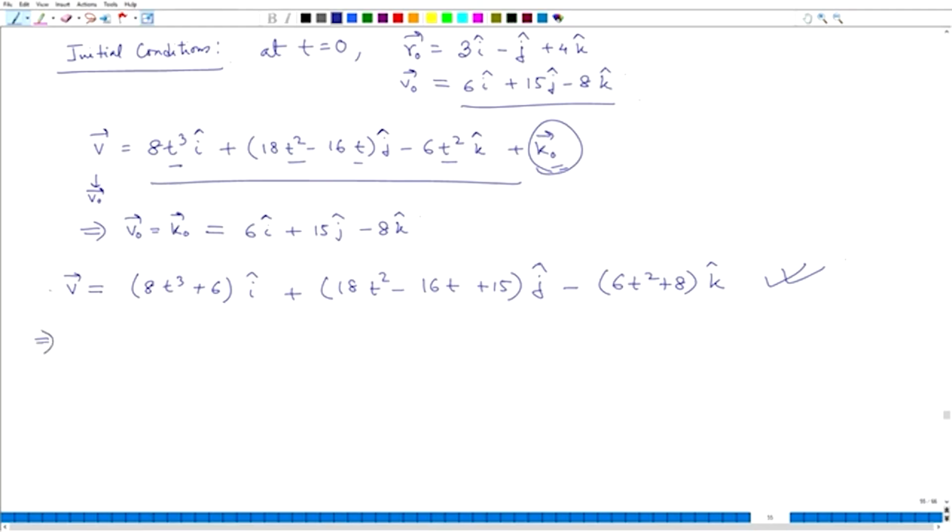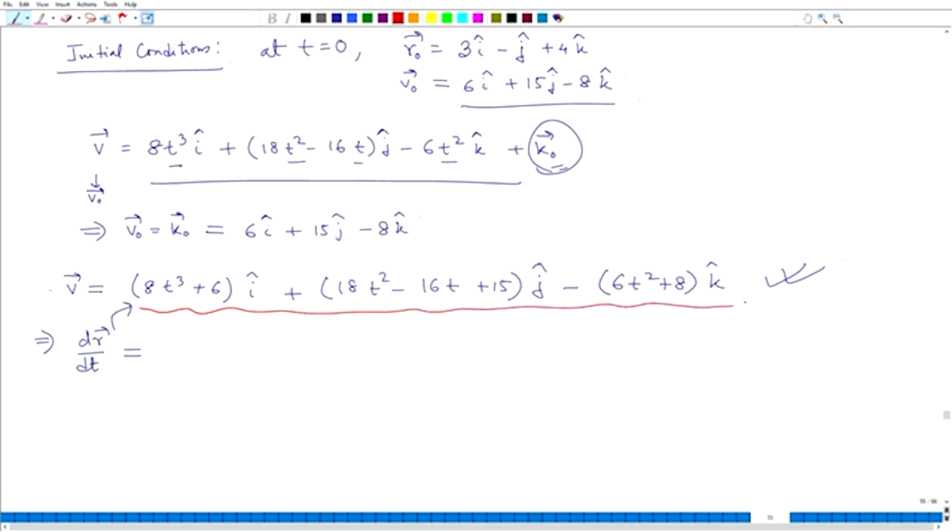Now, if I know that, I can go one step further. I can simply write this is equal to dr/dt. Okay. And if this is equal to dr/dt, I can again use the same formula, that dr/dt is a function of t. So, r can be simply obtained by just doing a time integration over the right hand side. Okay. So, I just write this once again. So, this is equal to the whole expression